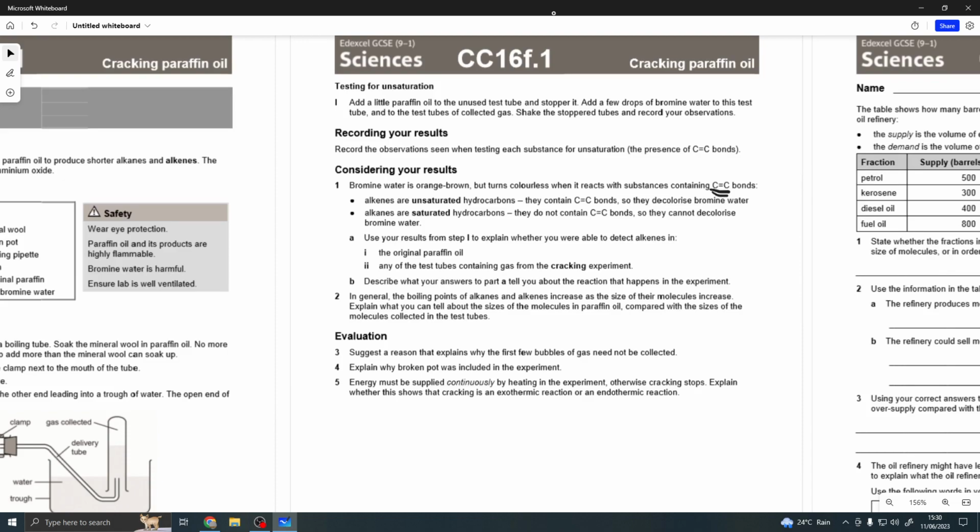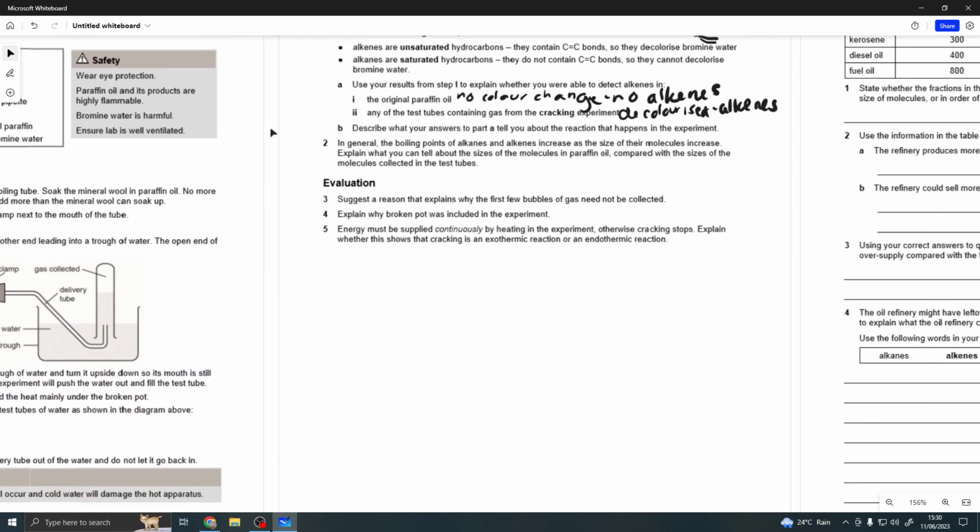Now, the original paraffin oil, when we tested it, there was no colour change. Well, there should have been no colour change. Therefore, no alkenes. However, on the cracking one, it was decolorized. So alkenes are present. Fantastic. Now, it says, in general, the boiling points of alkanes and alkenes increase as the size of the molecule